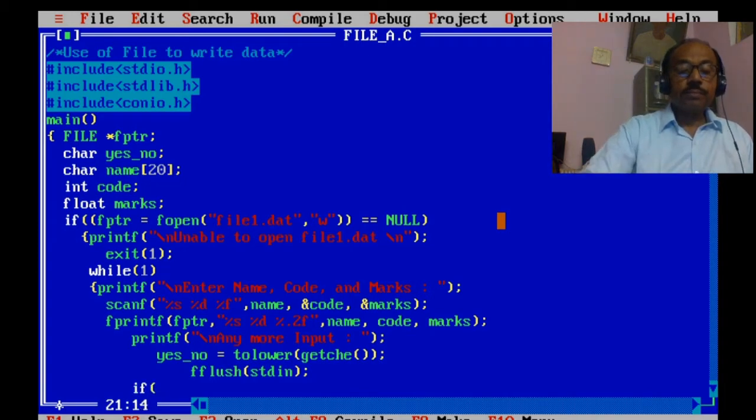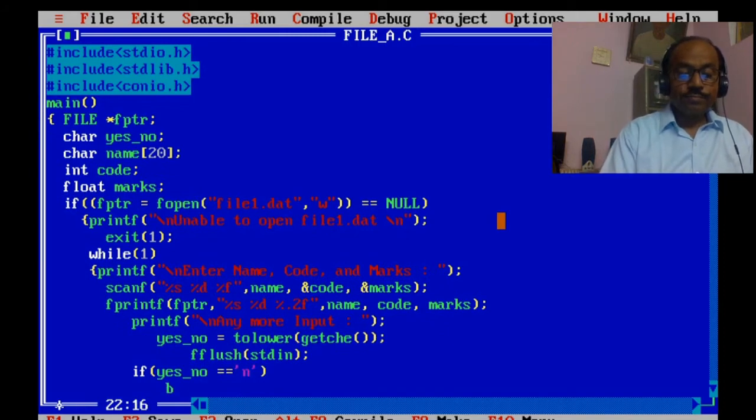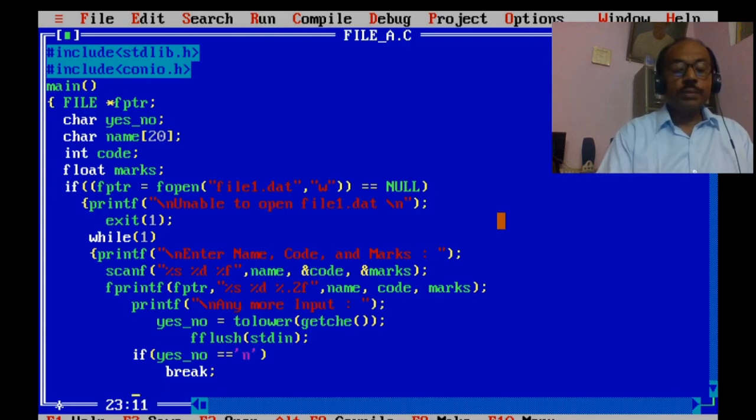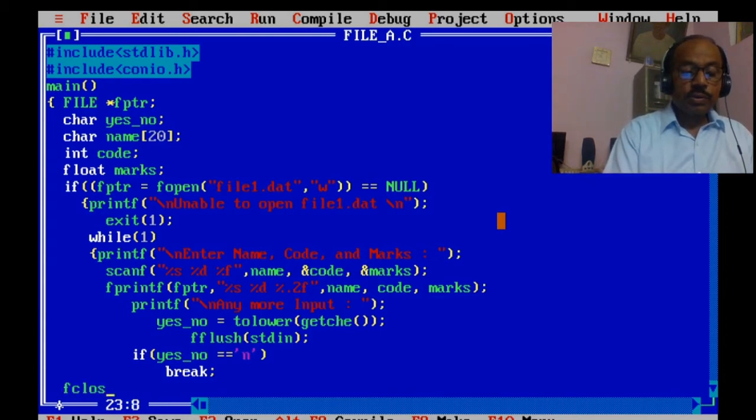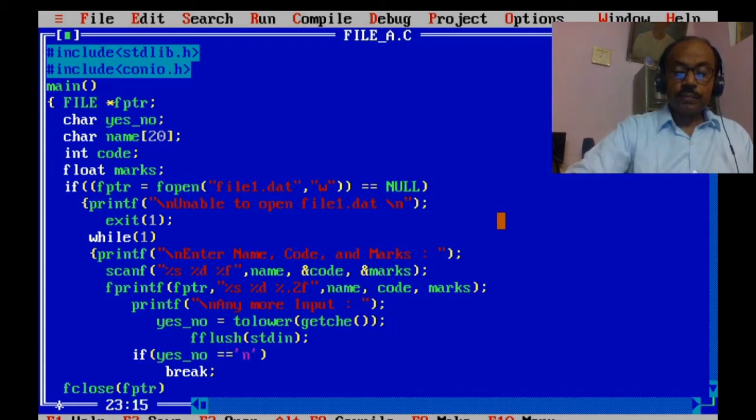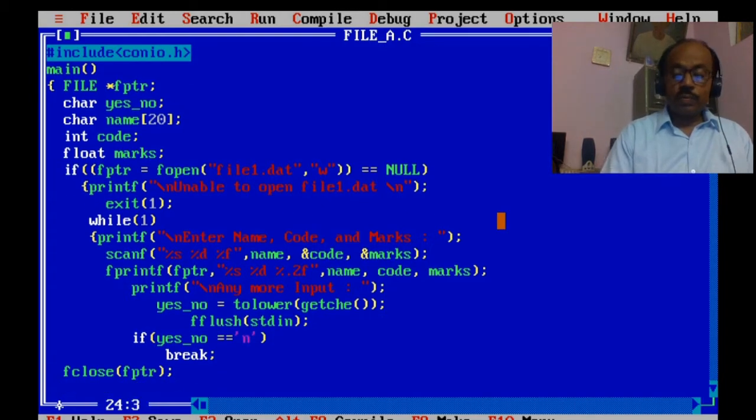If yes_no is equal to n, break. Now it is time to close the file: fclose fptr. So the file which was under use has been closed.